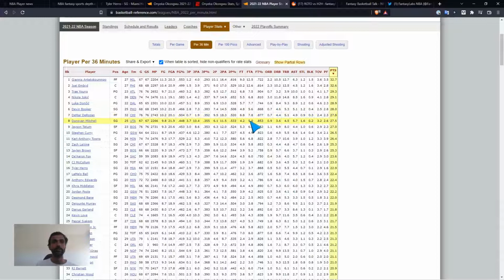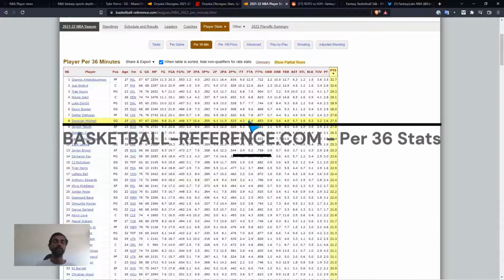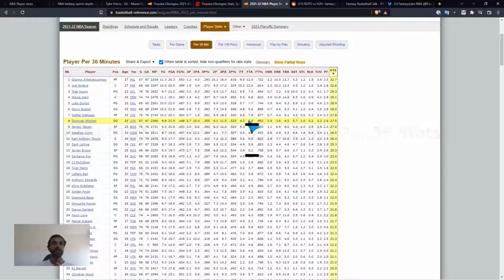Now, this is really, really cool as well. This per 36 minutes. Okay, we'll start off with per 36. What is per 36 minutes? Per 36 minutes is what an NBA player would score or would average if he played the full 36 minutes of the game. Now, obviously, that's not going to happen, but basically it gives you an indication of which players would be able to improve their fantasy value and their statistics if they were to get an increase in minutes